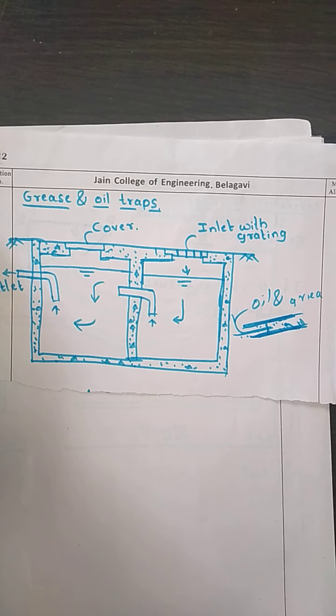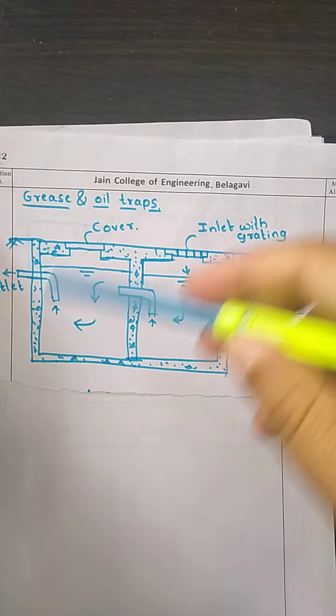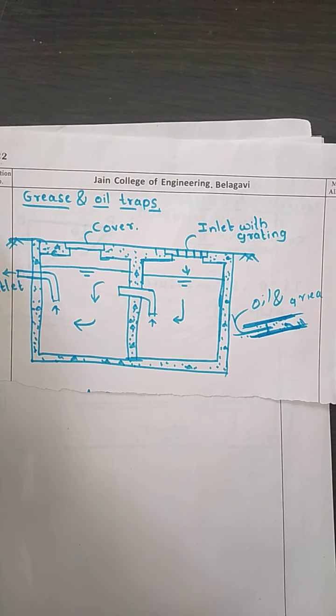We have now seen why we need to provide the oil and grease trap. It prevents explosion. Suspended particles present in the wastewater would get attracted towards the end of the sewer line and the capacity of the sewer line would be reduced. It would give a bad odor, and the aerobic bacteria would die. That is the reason why we need to remove the oil and grease from the wastewater.